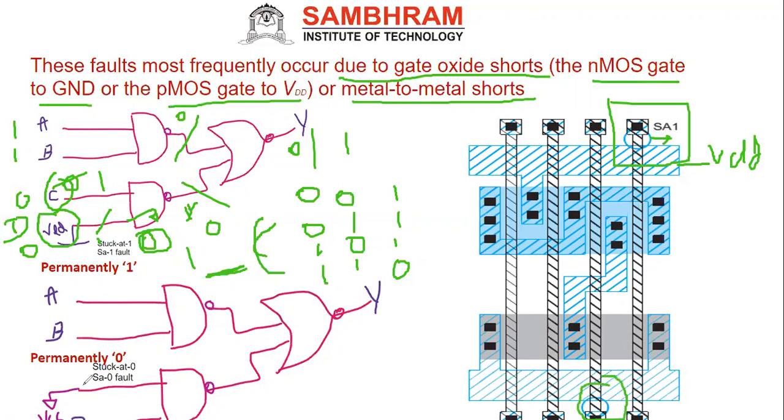So here you see, this is the second, constant stuck at 0. You see, it is the same input only. The input we are connecting to VSS permanently. Stuck at 0 means what? This line we are connecting permanently to 0. That is the meaning of that. If you connect permanently to 0, then we have to check whether it is giving the output properly or not. Like that, each and every place we can check whether it is giving properly or not. Like this only you have to test.